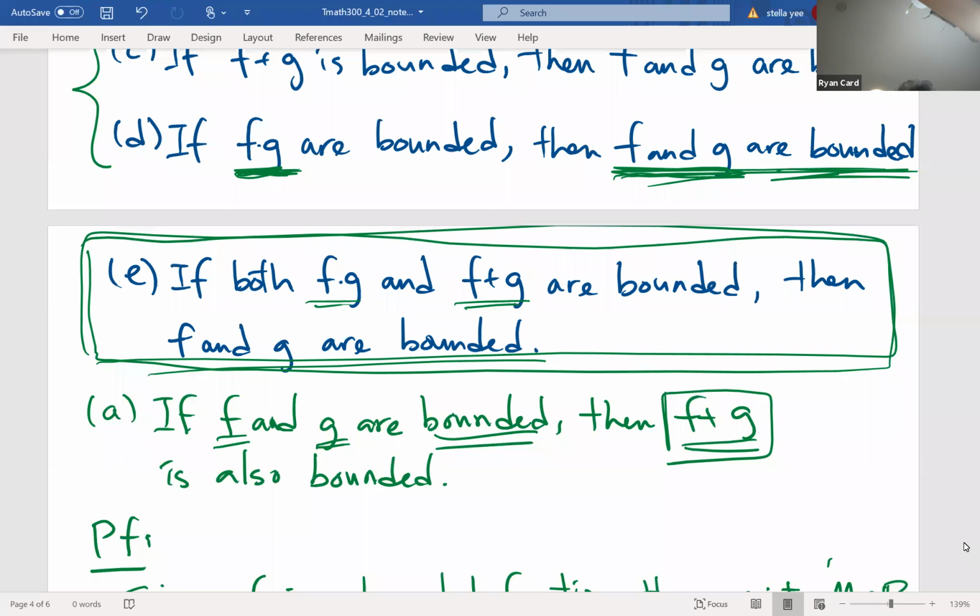What you could do is use the Babylonian version of the quadratic formula from the first video to show that if you know the product and the sum, then you basically know what the individual functions f and g could be. So you could flip f and g, but you know what these functions would have to